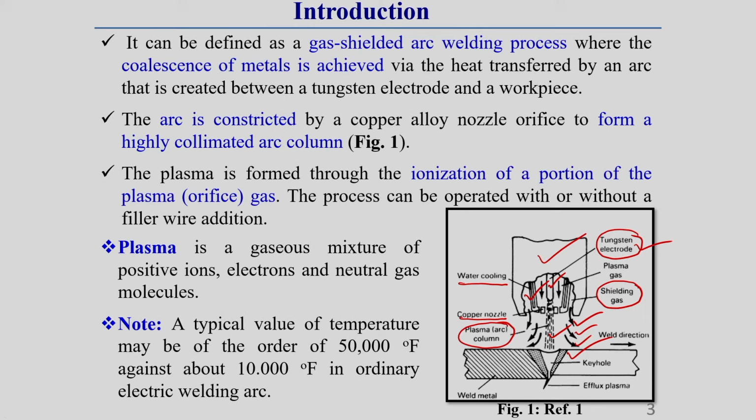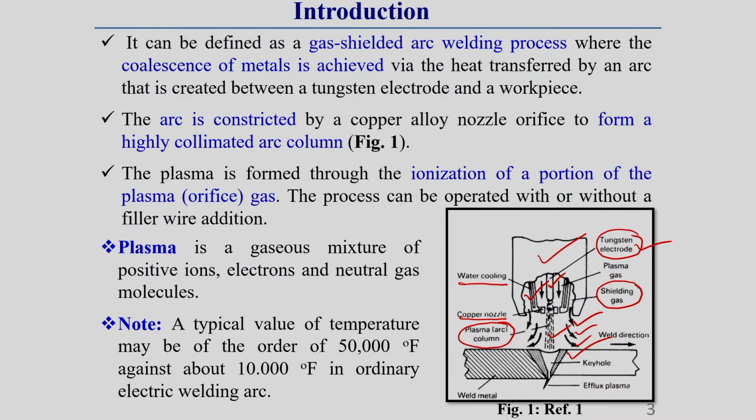Shielding gas, what is the purpose of this shielding gas? It is very well known to you. It is generally used to shield the whirlpool as well as the arc from atmospheric contamination, because once it is protected from the atmospheric condition, there will be less chance of oxidation, since we can prevent the oxidation, which is a very important requirement for the arc welding process.